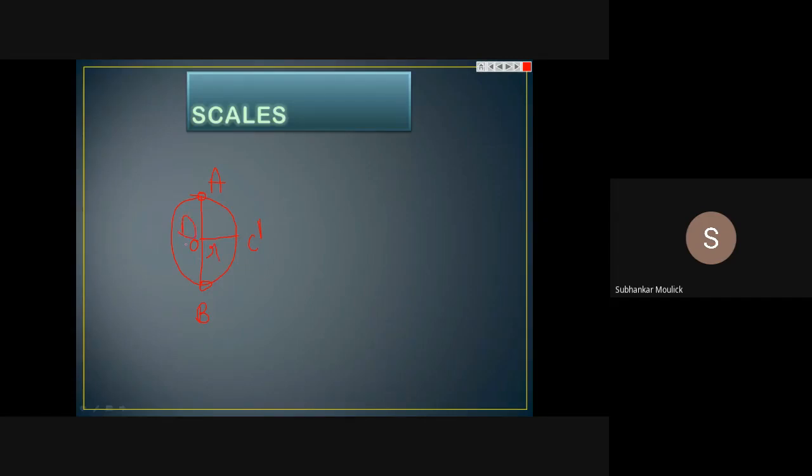So I can measure dimensions with the help of a scale, and that dimension can be anything. In case of area, it is length and breadth. In case of volume, it can be diameter, it can be the height of any object, and so on. Is it clear to all of you? Yes, sir. Fine. So now I have defined what a scale is.